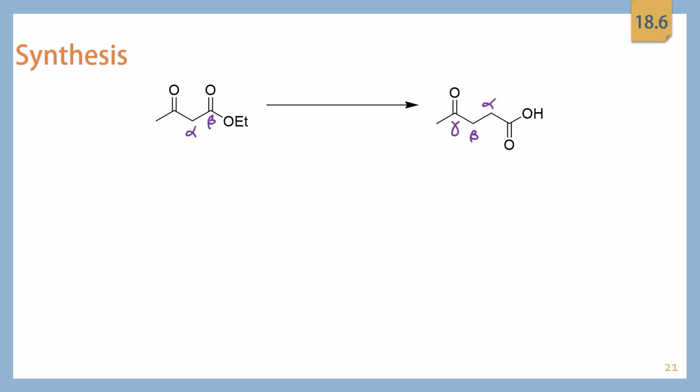Somehow we are inserting another carbon between these. Now that's not chemistry that we've learned, so that's probably not what's happening here, right? This is acetoacetic ester. We know that with this, we can pull off this hydrogen. So the question is, is there a way that we can use this alpha carbon to add on this piece? So this is where a retrosynthetic analysis could be really helpful. You could imagine that before this,